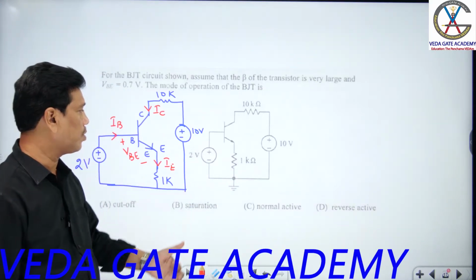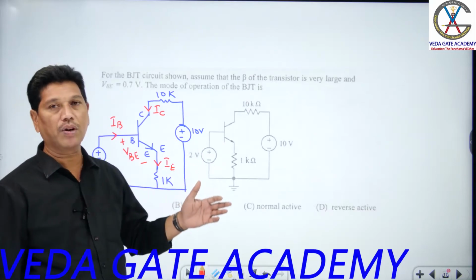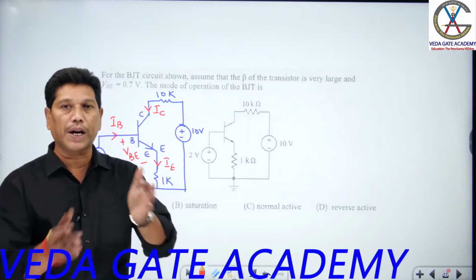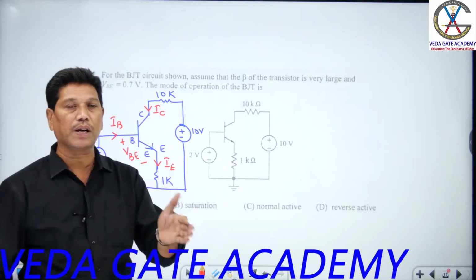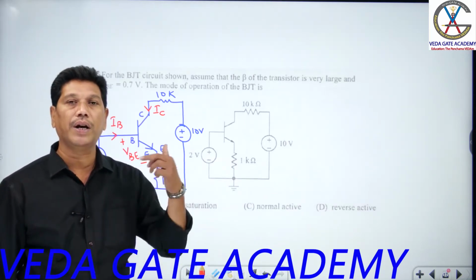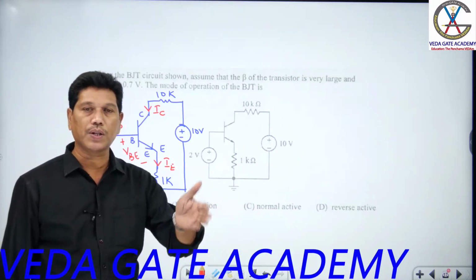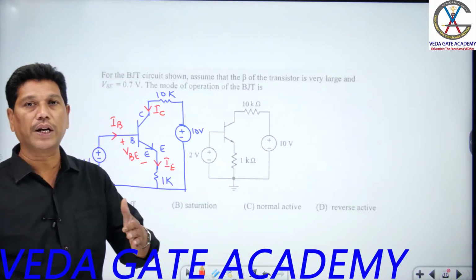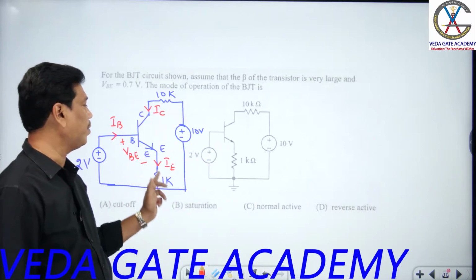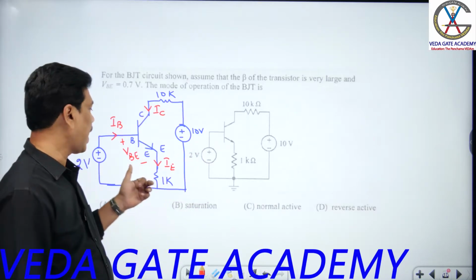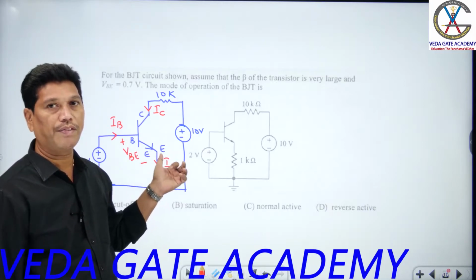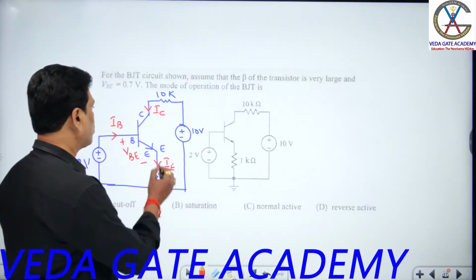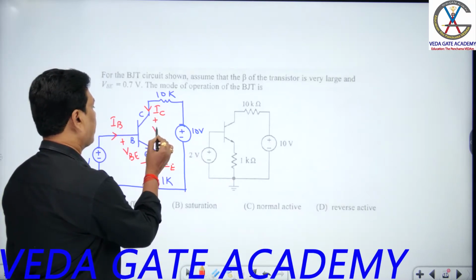Now how to calculate that one, students? So in comparison of IC saturation and IC active, you calculate both and compare them. If IC saturation becomes less than or equal to IC active, it is in saturation. Suppose IC saturation is greater than IC active, it is in active mode you can call. And I told you that IC saturation is calculated directly from the output bias, and IC active is calculated from the input as a function of the input base current IB. And you know that, students, this is the place for VCE.